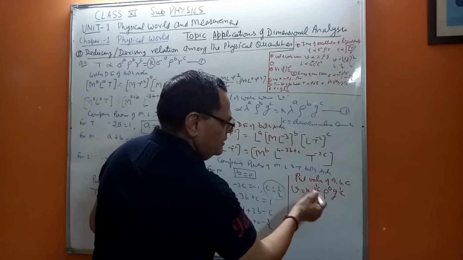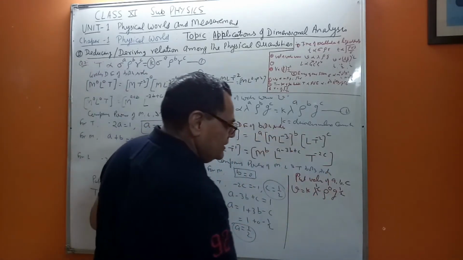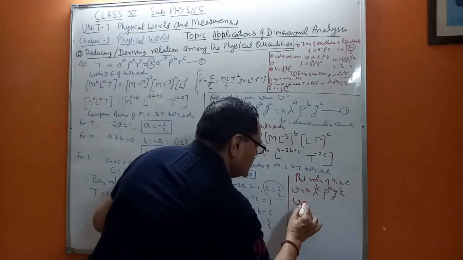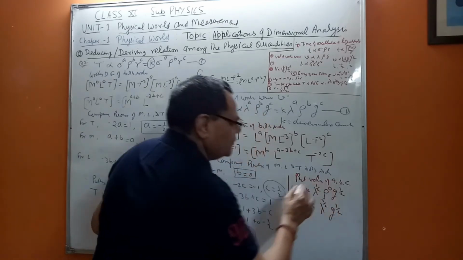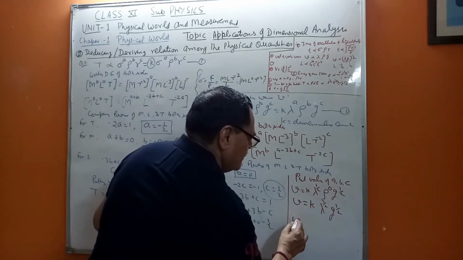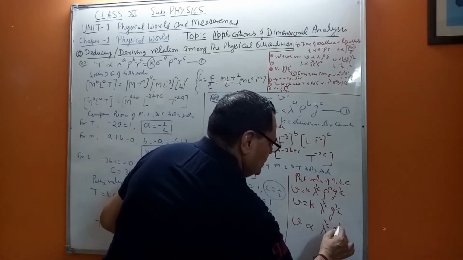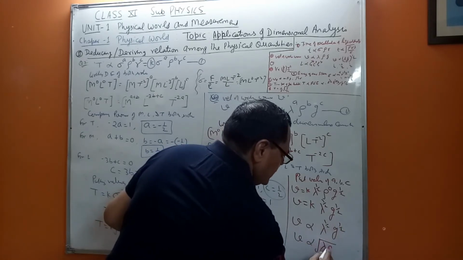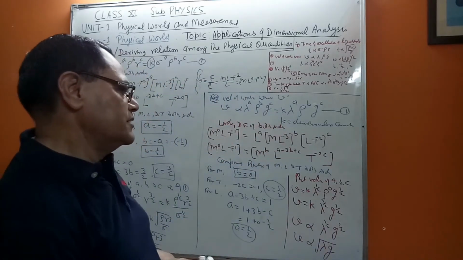So now you see, though we assumed that velocity depends on density as well, incidentally the power is 0, and any number raised to power 0 is 1. So finally V is equal to K lambda to the half and g to the half, because rho raised to power 0 is 1. So this is the dependence: V therefore depends on wavelength power half and g power half. So you can simply say it is proportional to the square root of lambda into g, that is, wavelength of the water waves and acceleration due to gravity.